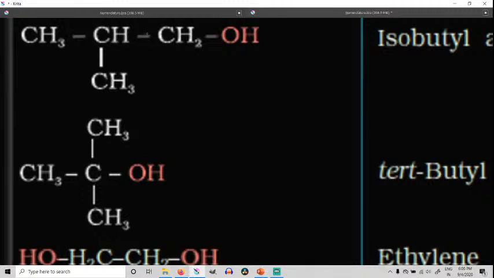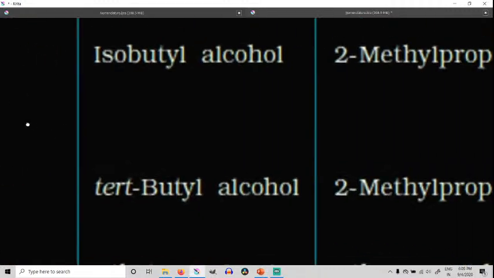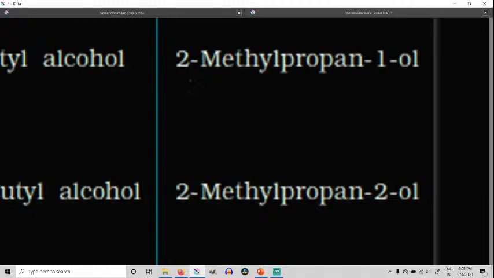Since a single bond is there, what happens if there is a single bond? It means alkane, so AN, and on the second carbon atom we can see one methyl group is also attached. So how to give the IUPAC name? It will become 2-methyl. An alkyl group is always attached as a prefix. So 2-methyl, and the main chain has 3 carbon atoms, prop. Since there is a single bond, AN, and OH is attached on the first carbon atom, so dash 1